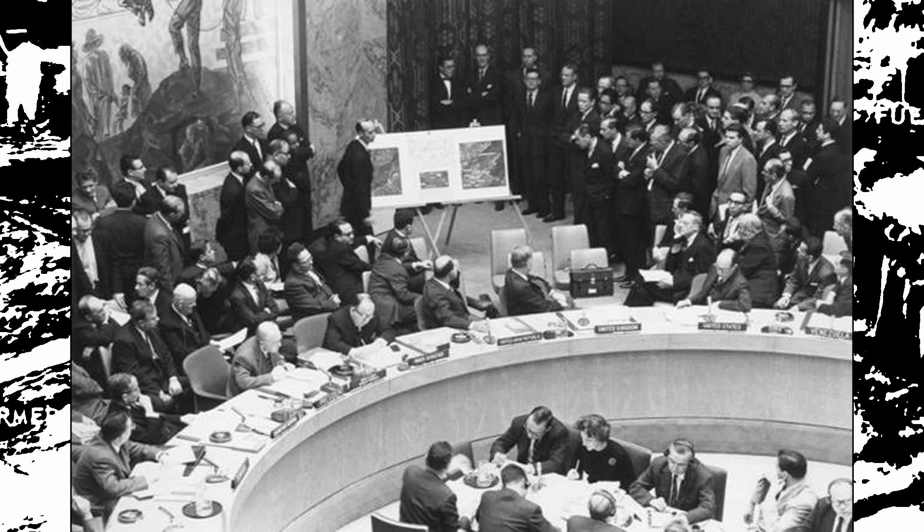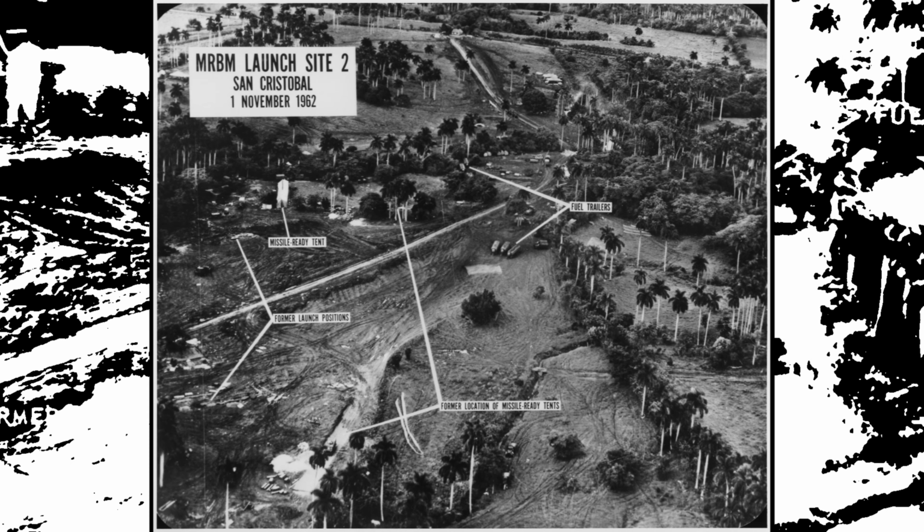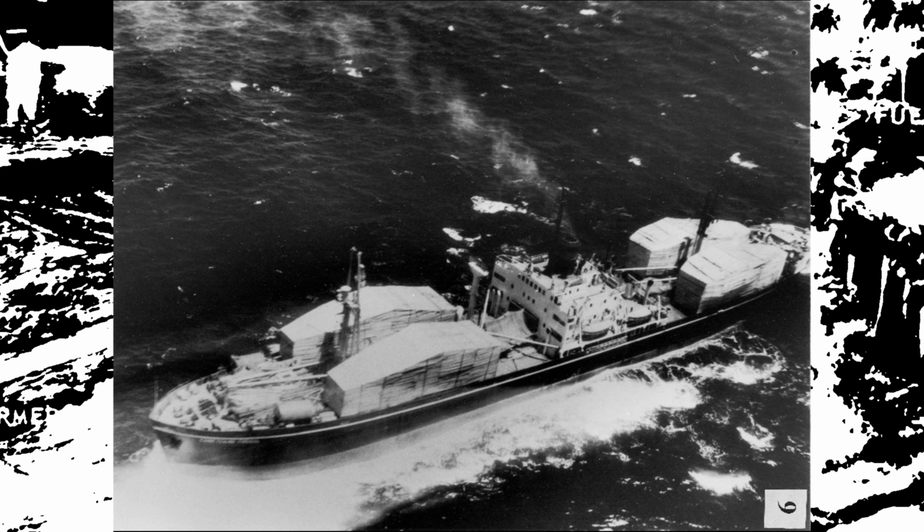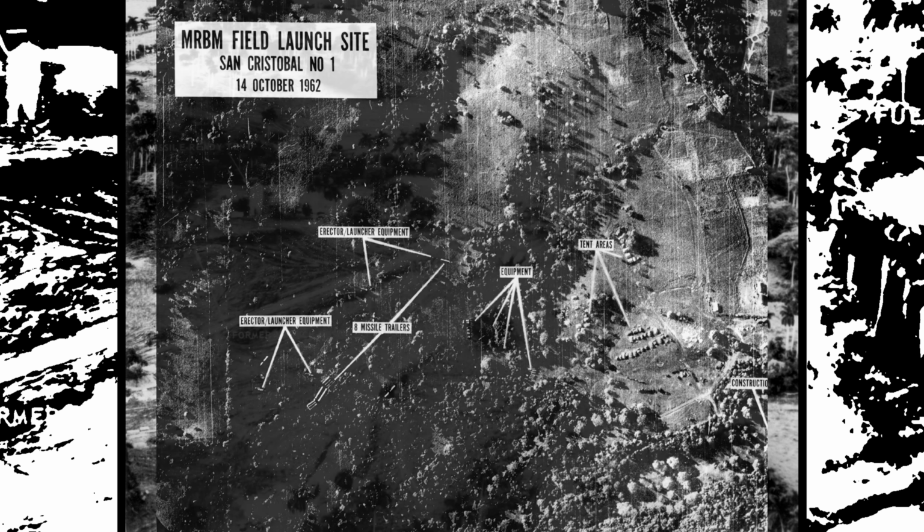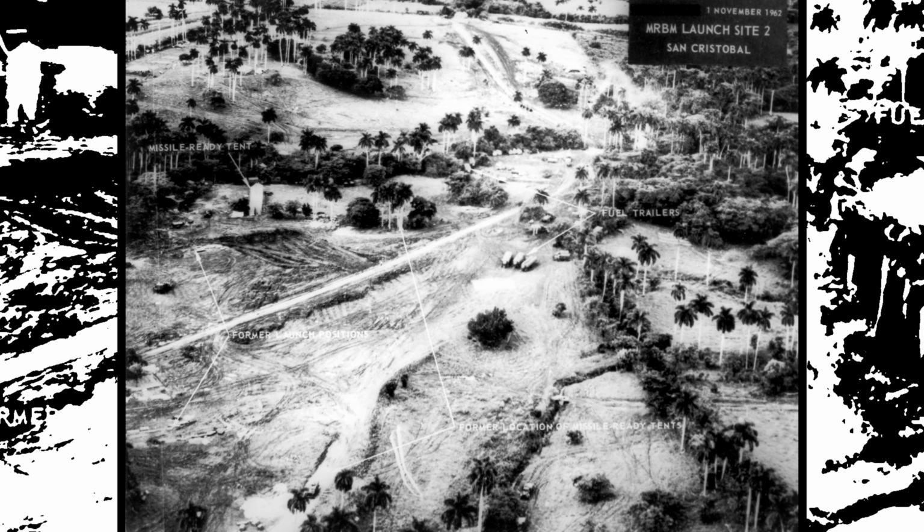The Cuban Missile Crisis was an episode of high tension in the Cold War that took place in October 1962. During that period, a serious confrontation between the United States and the Soviet Union unfolded, which nearly brought the world to the brink of nuclear war. It all started when the United States discovered that the Soviet Union was installing nuclear missile bases in Cuba, an island located only 150 kilometers off the US coast. These missiles were capable of reaching important targets in the United States, posing a serious threat to national security.